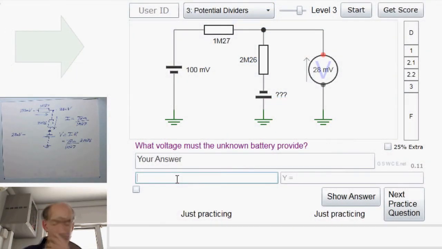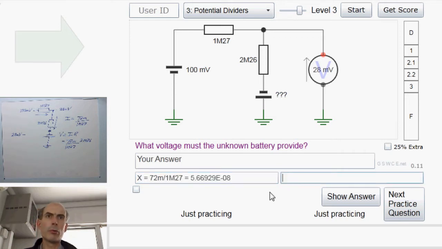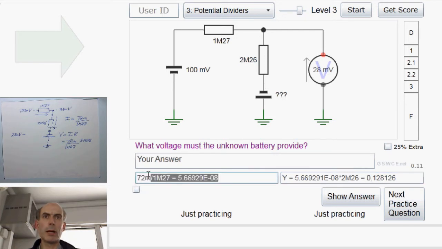The current is 72 milli divided by 1 meg 27. Therefore, the voltage across this 2 meg 26 resistor here would be the current, which is currently on the variable x, multiplied by 2 meg 26. That's the voltage from there to there. That means that the potential at this point here must be 28 millivolts minus this lot, which I could calculate back in the X box,